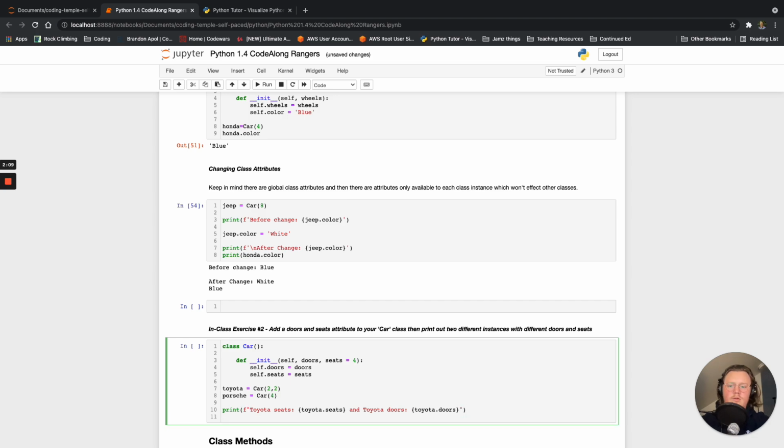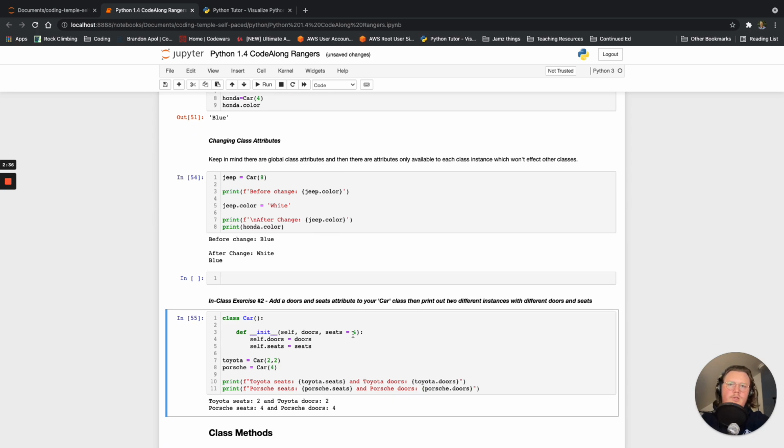And then another line, we're going to print another F string, and we'll have Porsche seats, and then Porsche doors. I meant to put doors there. There you go. So even though I did not put the number of seats in there, it defaulted to 4,